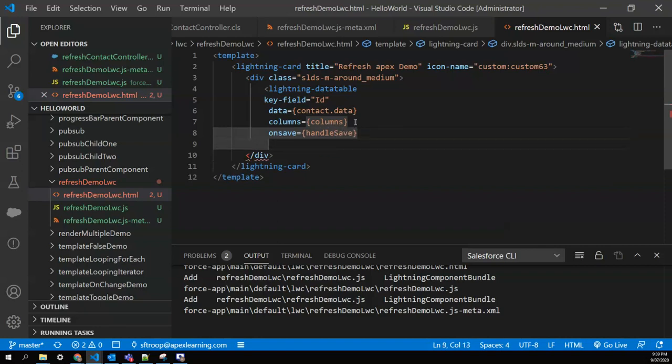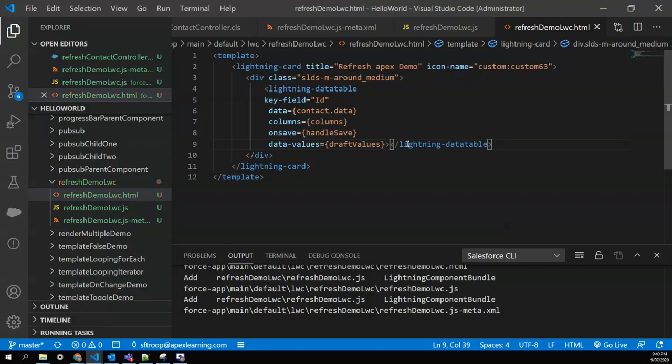Apart from that, in editing you can edit multiple fields at a time, and for that you need to store the values. So there is an attribute that stores the fields that you have edited. That is draft values, and we'll say a property that binds to it that keeps an eye on what all fields we have edited. Values, and we'll close our